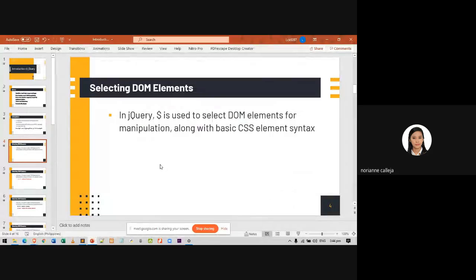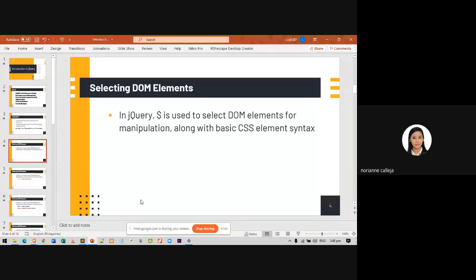So, we can use jQuery for simplifying how we can deal with our HTML, with our document object model elements or our HTML elements. For us to deal with those elements easily, simpler, we can use jQuery.